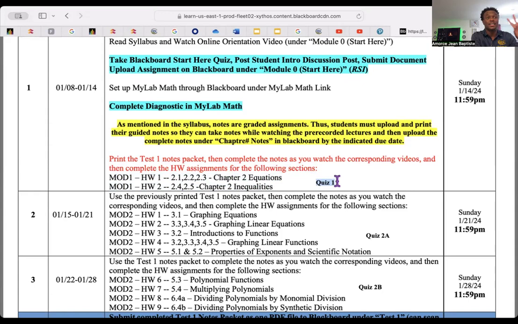Your quiz has 3 attempts and closes after the due date, and will not be reopened. And you continue like that for all the modules. Always point to your guided notes, take notes while you're watching a video, and I also show you how to upload your notes, how to make them one single document. If your notes are not one single document file, I'm not going to be able to go through all the pictures that you upload. It should be one single document.